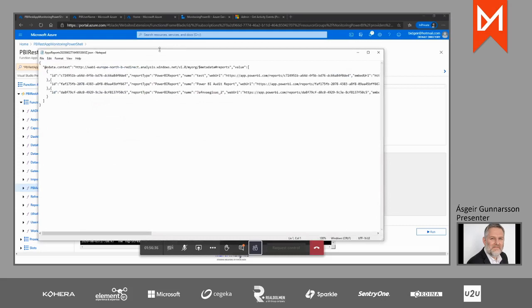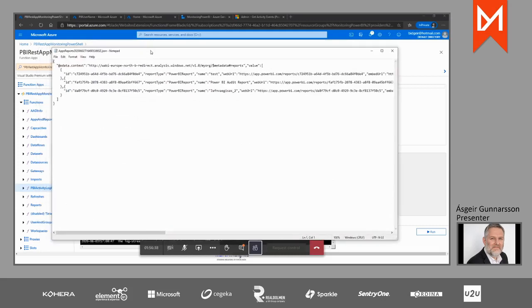So this is one that does apps and reports. Basically this is a report, and it's in this particular app. I take the ID of the app and put it into the name of the file, and then I get all the reports that belong to it. And the problem I have when I try to parse this in